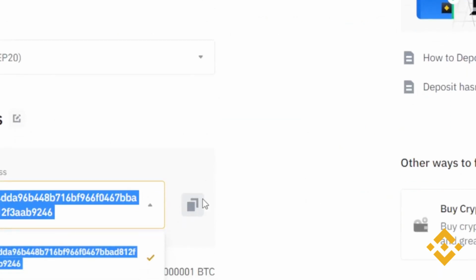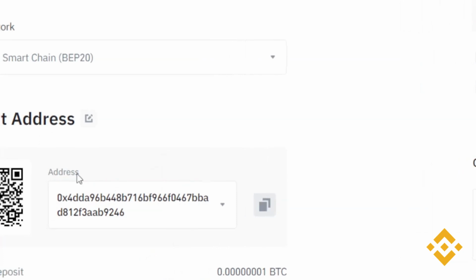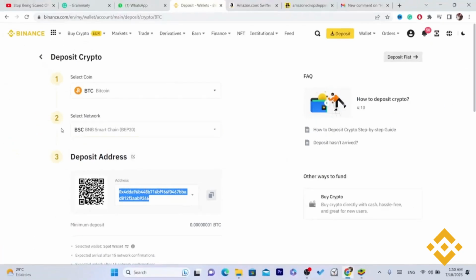But before you go, make sure you tell the person that is going to send you Bitcoin that the network is BNB Smart Chain, because if they select another network, your Bitcoin will be lost. Okay, so hopefully